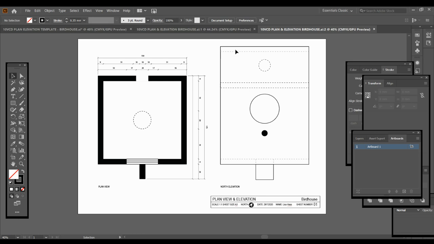And this is what you see from the front. That's the thickness of the roof at the top, and this is the thickness